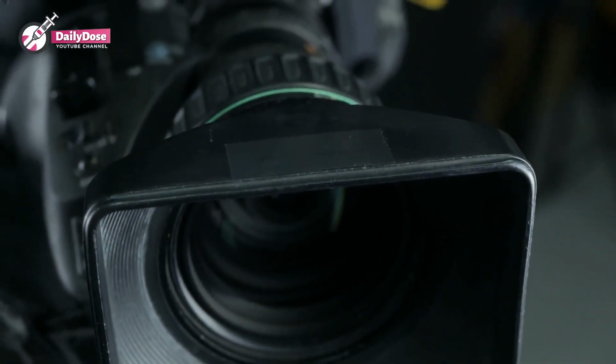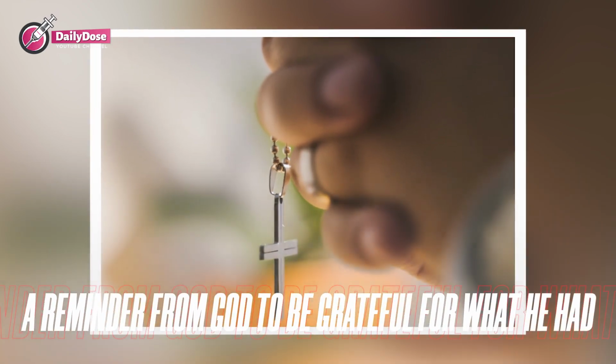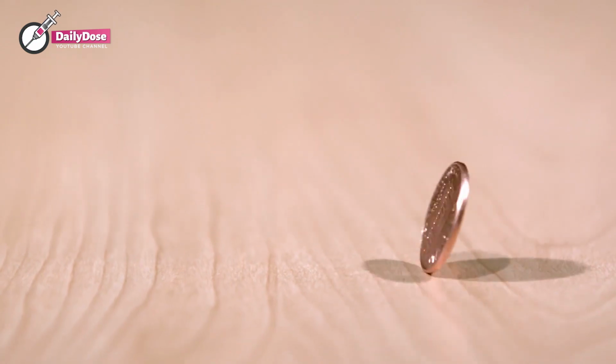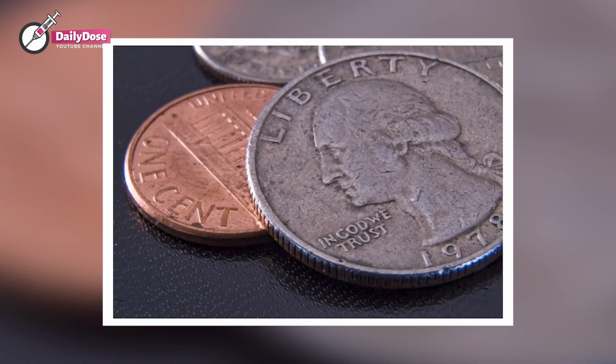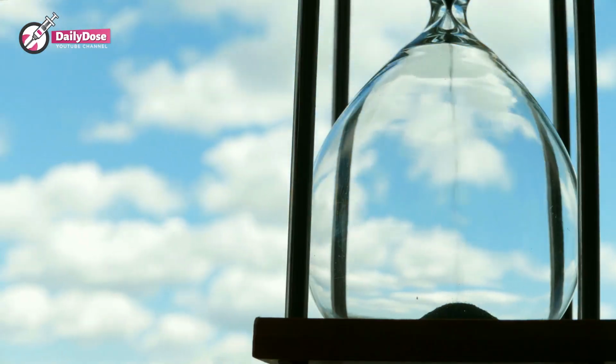Anders said in the interview that he saw the lost money as a reminder from God to be grateful for what he had. But that's not all. He also explains that the pennies always showed up when he needed them most. "There were days when I didn't pray, but then I usually came across some small or lost coin that would remind me," he explained. And with this religious motivation, Anders managed to keep collecting all these loose pennies for a